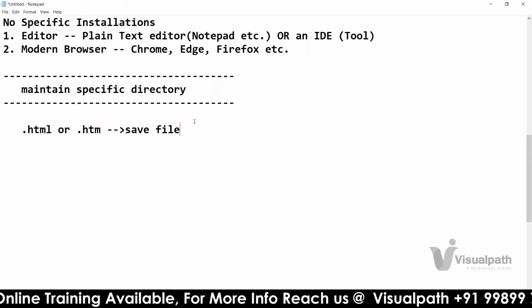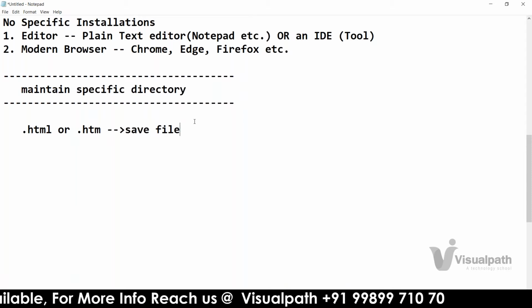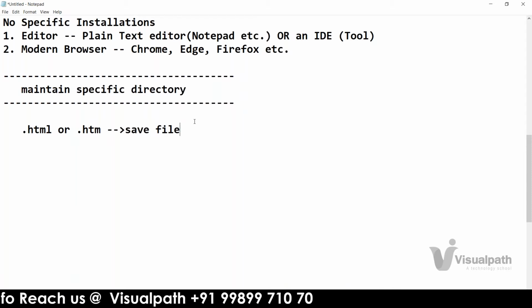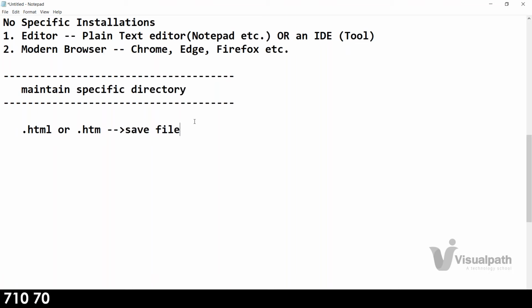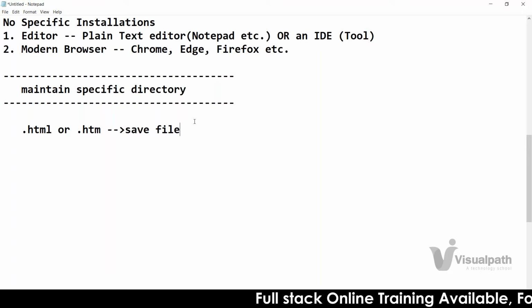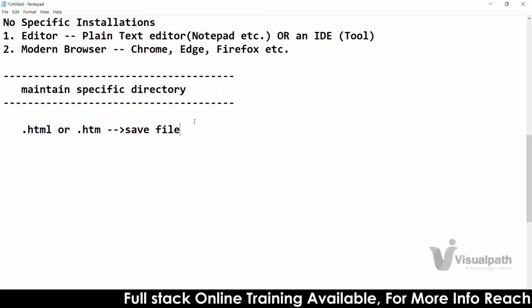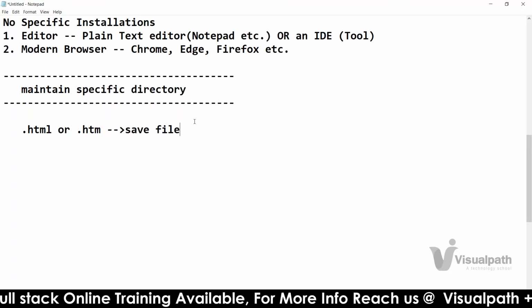So you don't require any special compiler to be available in your computer to run HTML code. The browser itself will take care of that. So write the code in the editor and execute it through the browser. This is the simple model we'll be using for learning HTML.